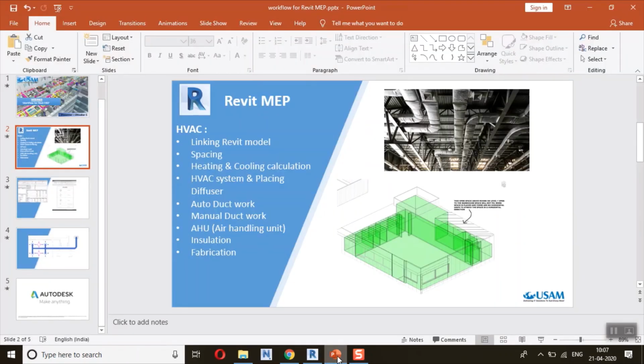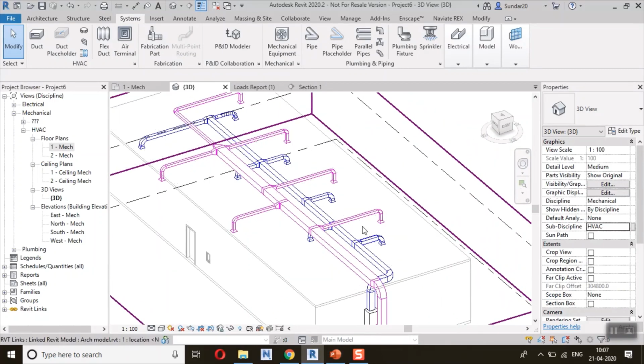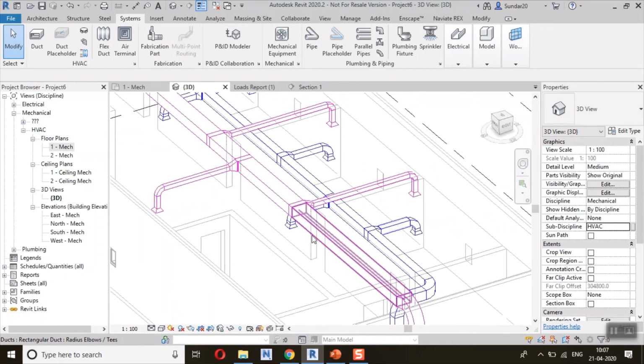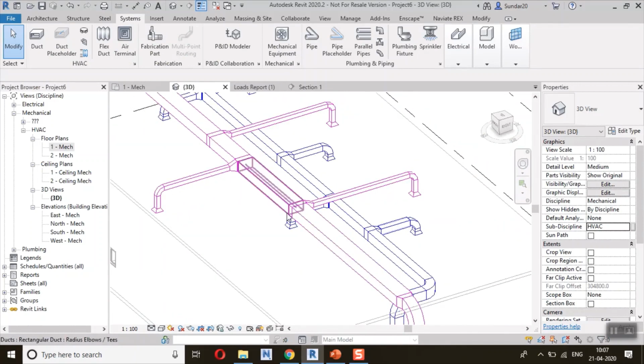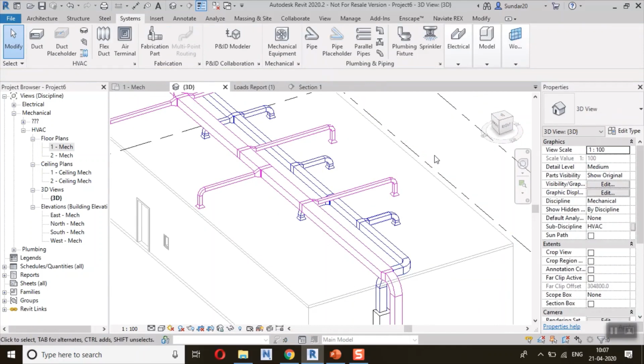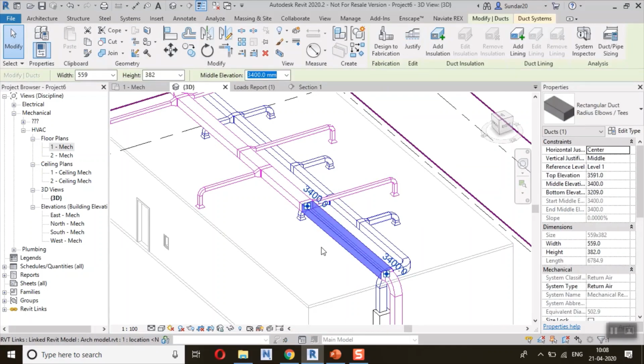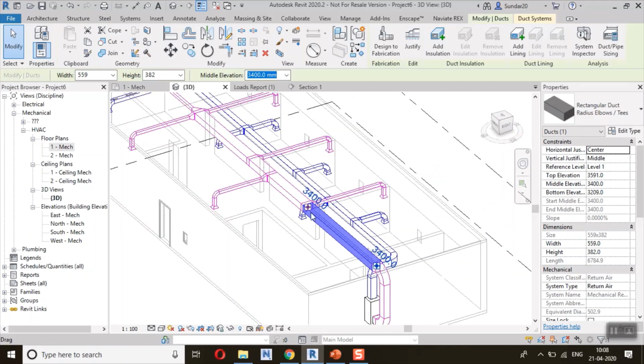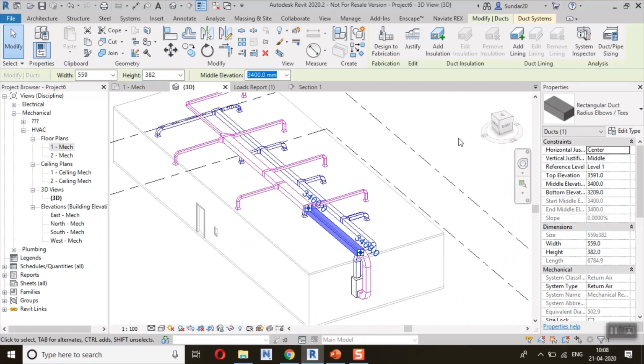Fabrication part. That is the designing stage. I want to convert my model to a designing part. Designing part means it's not shown directly as, for example, a 10 meter or 20 meter length of duct. We are not providing that. The actual standard is we have to provide each piece by piece, that is 2 meter, 2 meter, 2 meter. Each duct should be at 1 meter distance. They are providing that. So this one is the modeling part we are creating. I want to convert my model to a designing part. So that is called fabrication.